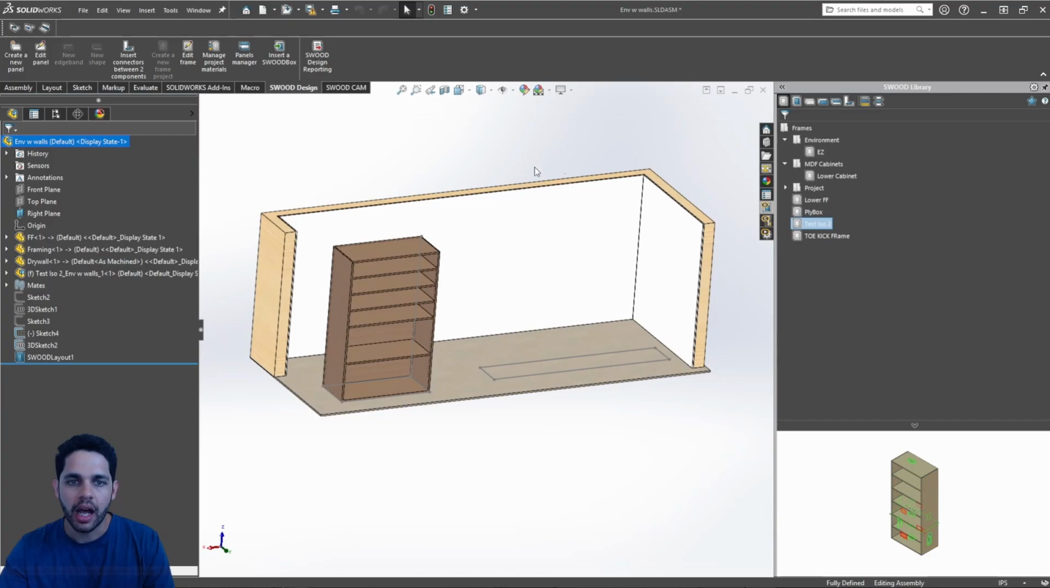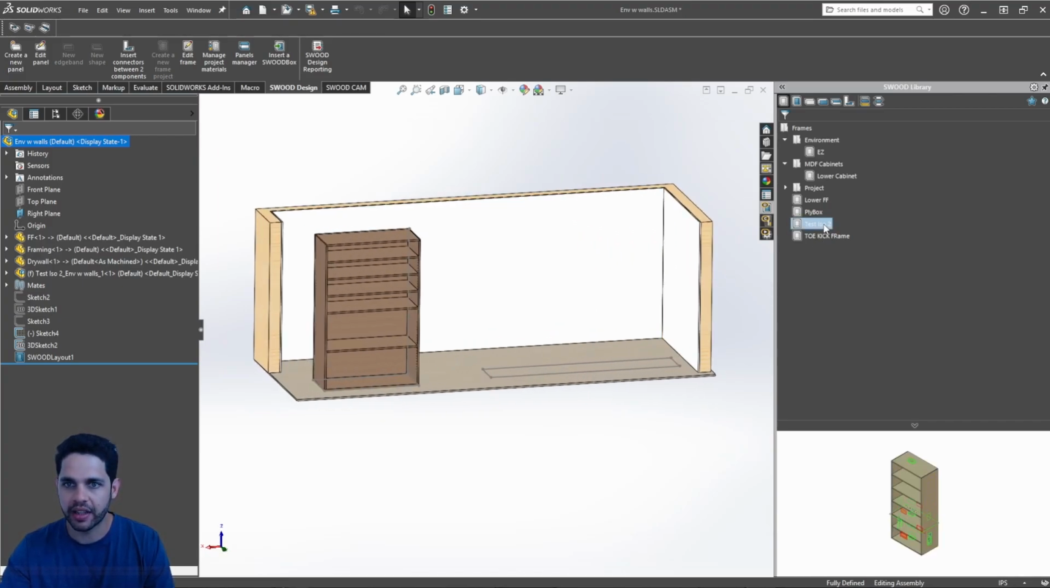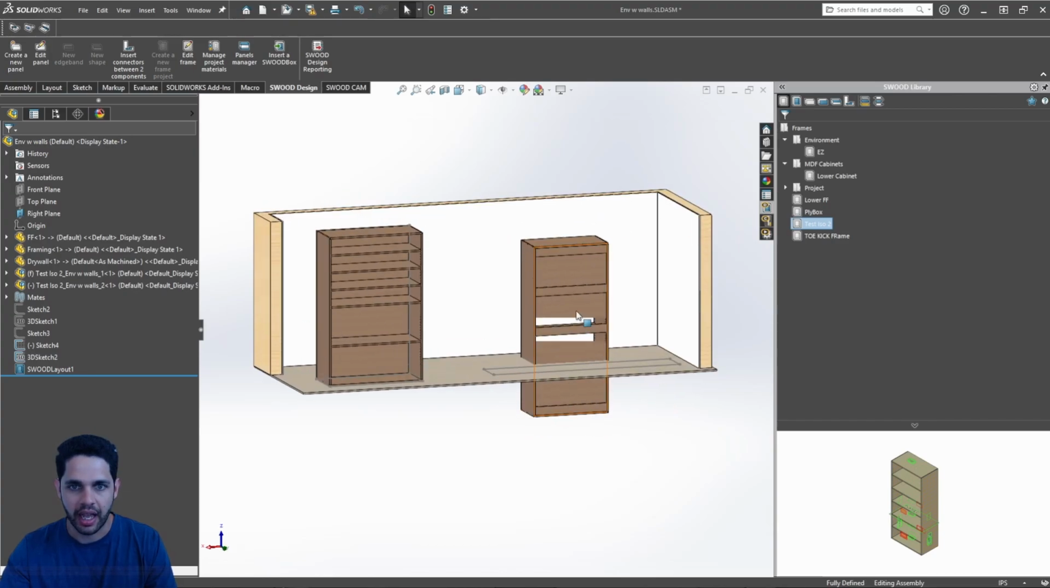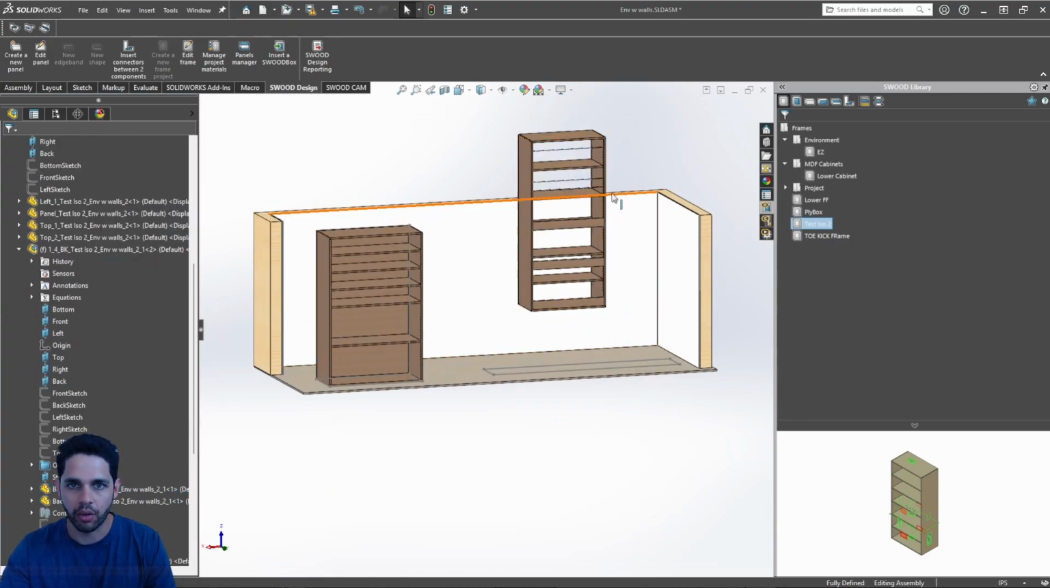Another option which I can do is I can find the SWOOD frame that I want to drag into space. And this is important. You have to make sure that you hold Control and drag that SWOOD frame into your assembly. So that way it creates a copy of that SWOOD frame. So I'll do that now. So I'll select it, drag it in, drop it into place, and now this is a copy of my original